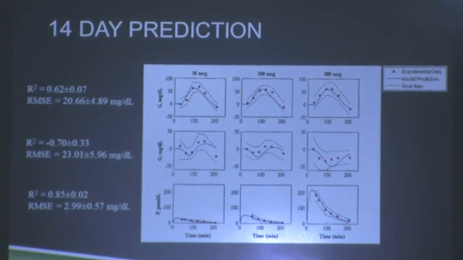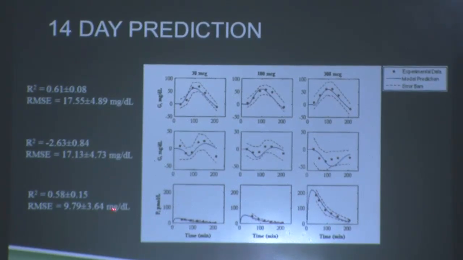And then this was another prediction of using pramlintide over 14 days, and it had placebo on top with pramlintide in the middle, and then these are actually pramlintide kinetics that were also predicted. So these values are for 30 micrograms, and this is for 100 micrograms. And you can actually see the correlation. Our R-squared is 0.58, and a perfect fit is 1 for R-squared, and then a horrible fit is -0.2. So that's the worst fit possible.